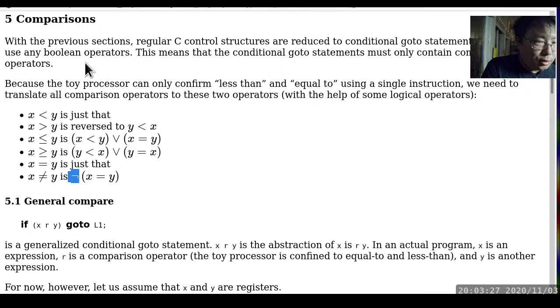You don't even need equal to. Yep, I know, but since we have the Z flag, we can do it. Because even though